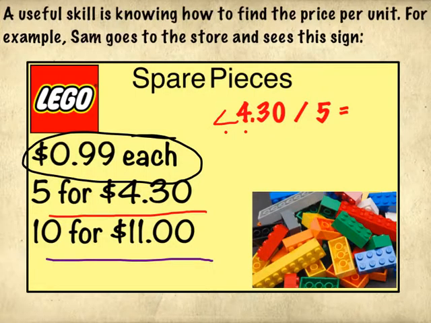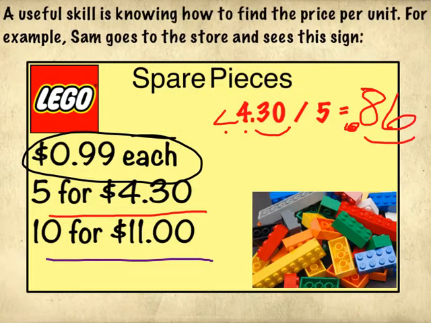I'm going to divide $4.30 by 5 to find out how much each unit would be. So I know that 5 goes into 43 8 times, and then 6. So these are going to be 86 cents. 2 decimal places in the question, 2 decimal places in the answer. $0.86 is the same as 86 cents. So if these are 86 cents each,